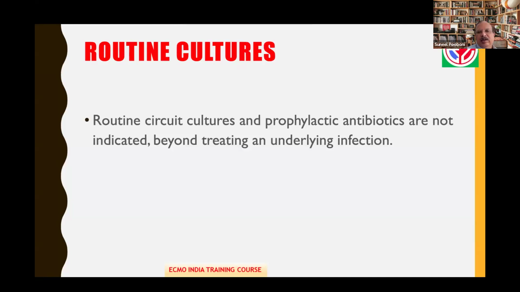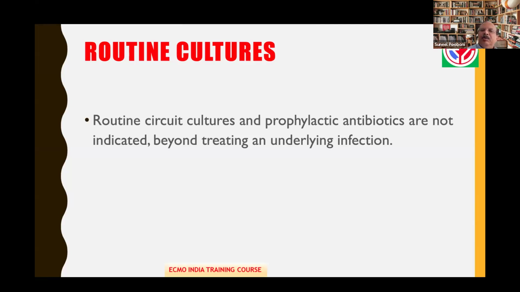Routine circuit cultures and prophylactic antibiotics are not indicated beyond treating an underlying infection. We practiced routine cultures nearly 20 years ago, and we found it is not going to be very useful, and we discontinued since then. Prophylactic antibiotics, similarly: in India, most of us will be worried about catching an infection, but my plea to you is make sure we improve the underlying environment, the microenvironment,